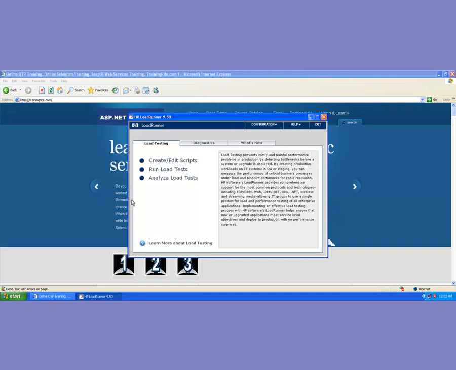So what basically are we doing as far as LoadRunner is concerned? We would be doing these three things. We would be creating the scripts. Basically, creation of the scripts is recording the actions which any user is going to perform on your website,